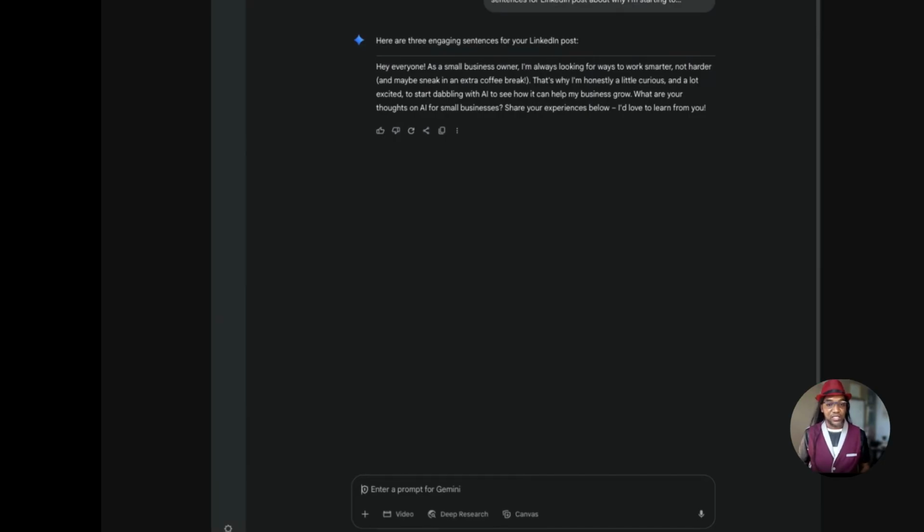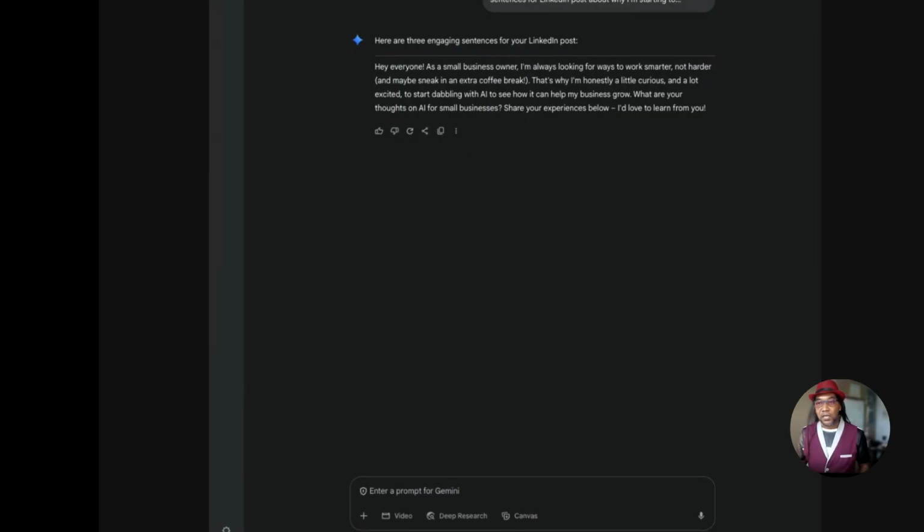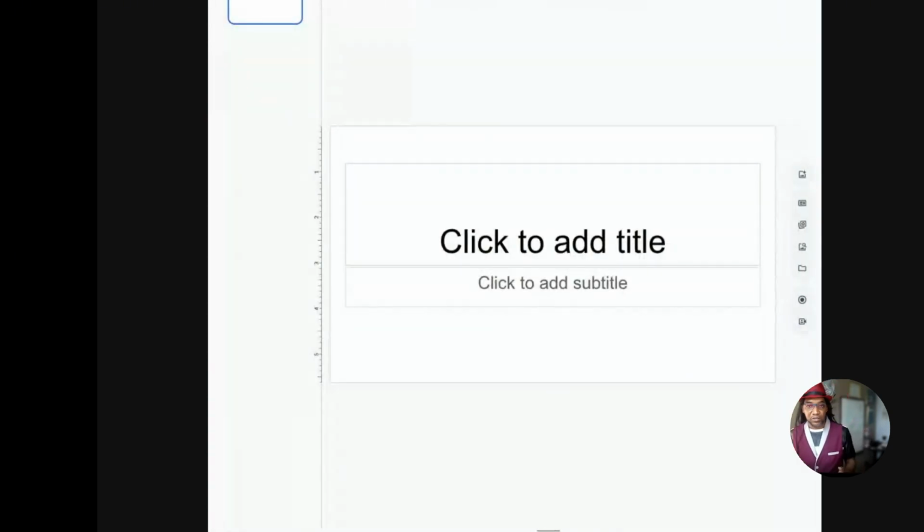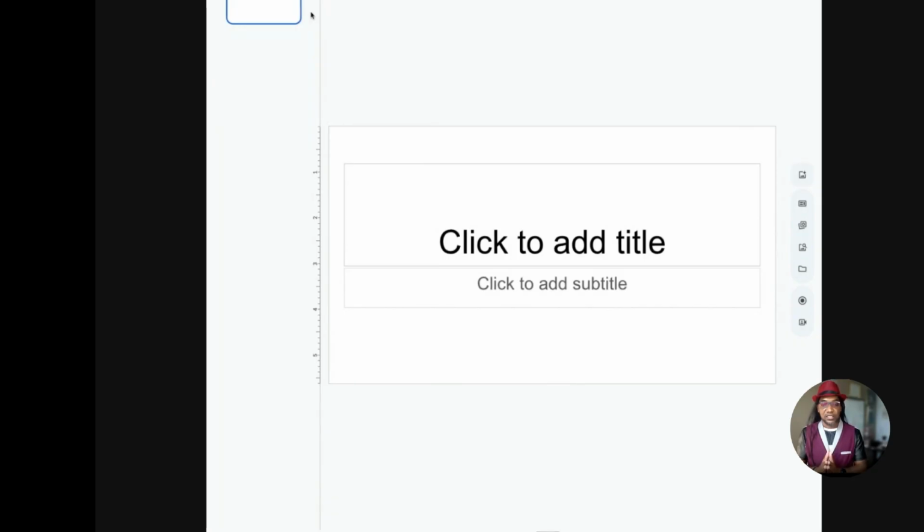What I'm going to do next is jump over to Google Slides. I could have used one of the graphical programs like Canva or Adobe Express, for example. But I wanted to use a tool that we all have access to. So this is why I chose Google Slides. Let me share that tab. Now you should see the Google Slide. If you go into Google Slides, this is the first thing you're going to see, File, New. It's a brand new presentation. But we're just creating one slide for this example.